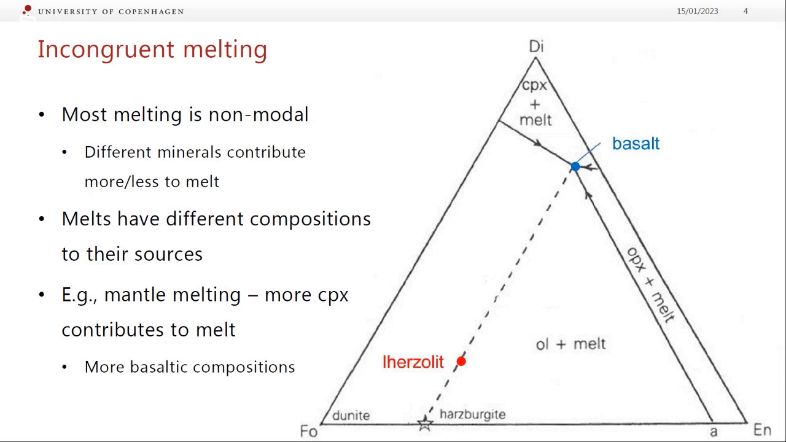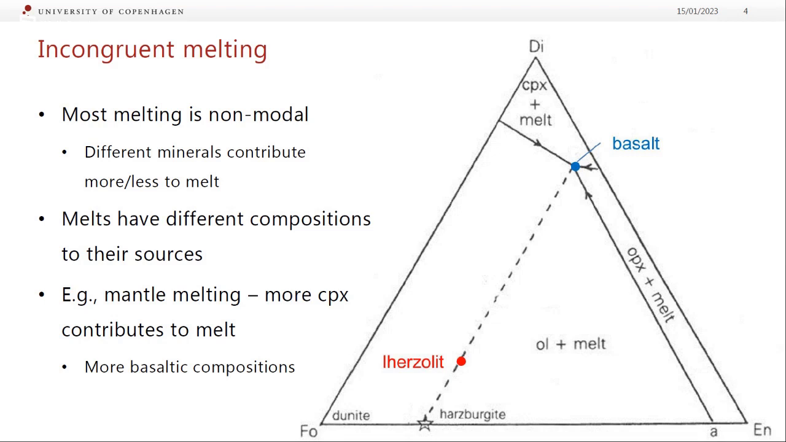Okay. Being a bit more specific than that, incongruent melting is one of the key drivers of differentiation, and that is because most melting is non-modal. So different minerals contribute different amounts to the melt, and this means that the melt has a different composition to the source. There's just a simple phase diagram that I showed in the very first lecture, and the corners are